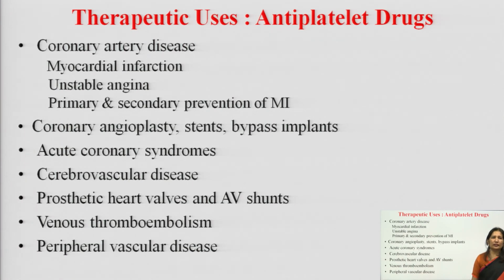Last in this are the uses of antiplatelet drugs. They are used in coronary artery diseases, coronary angioplasty, stents, bypass implants, acute coronary syndrome, cerebrovascular diseases, prosthetic heart valve, venous thromboembolism, peripheral vascular diseases. In all these conditions, they are used to maintain the patency of the arteries, to maintain the patency of the blood vessels. So that was all about antiplatelet drugs,